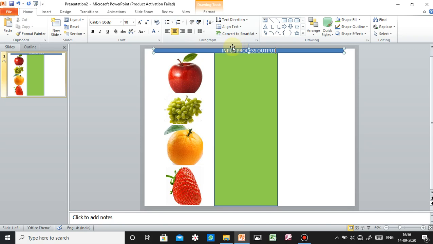Now we have to set the text to input, process and output. They will be shifted relative to each other. We have to shift output here, and now process by pressing the delete and backspace keys. Now input, process and output. We have to show the process at the back, in the CPU. You can take the example as well.